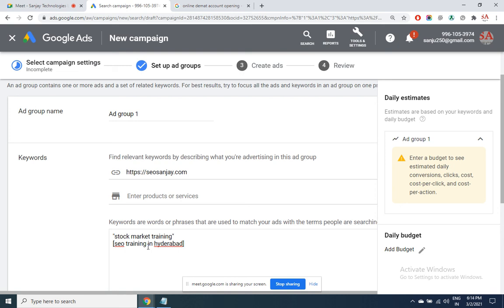When you choose the exact keyword, the chances of making a loss are the least, because you are only targeting the customer who is 100% relevant to your business, who is in need of you, who will be searching for SEO training in Hyderabad, those who really want to take this training. So the chances of conversion are very high, but the reach is very, very narrow.